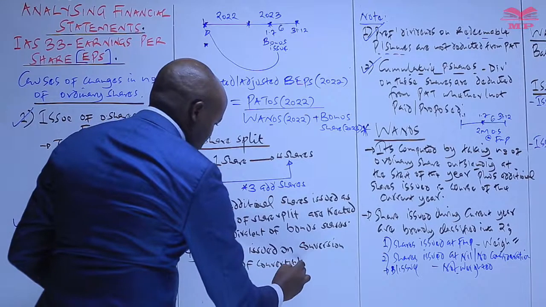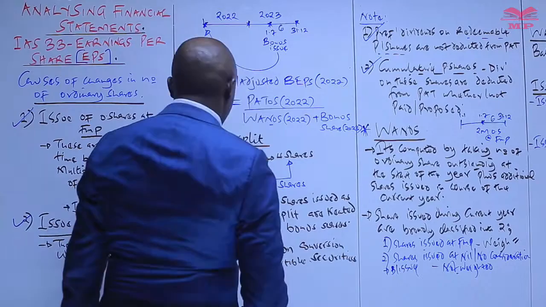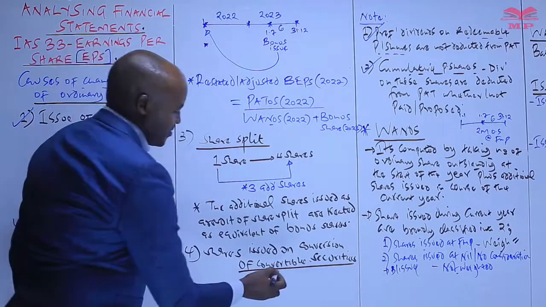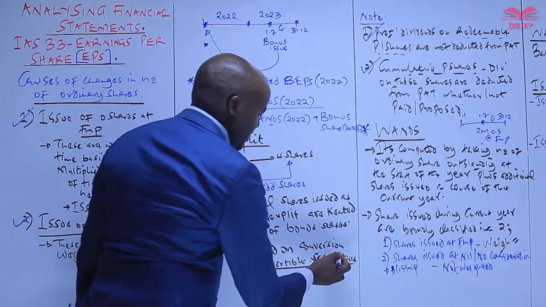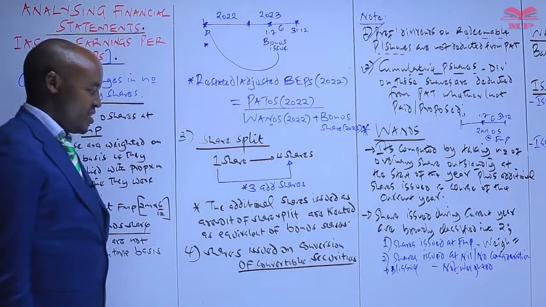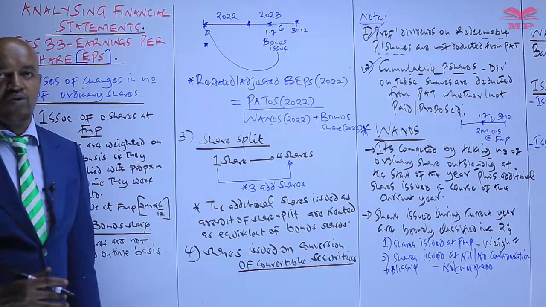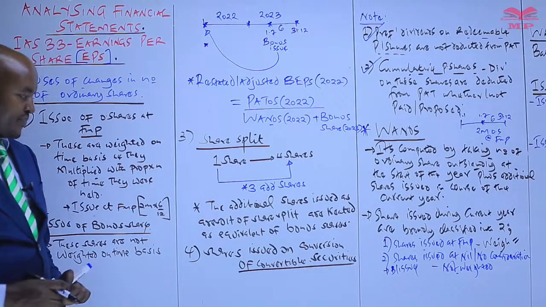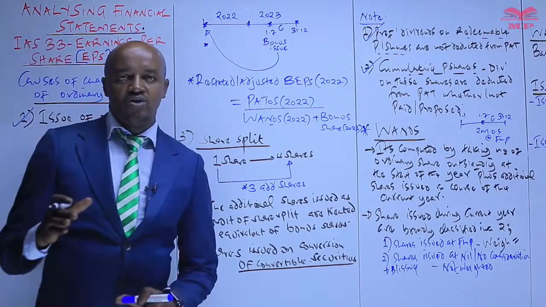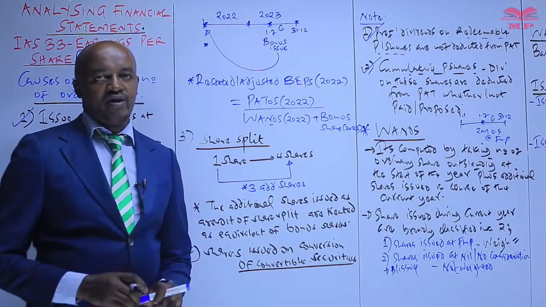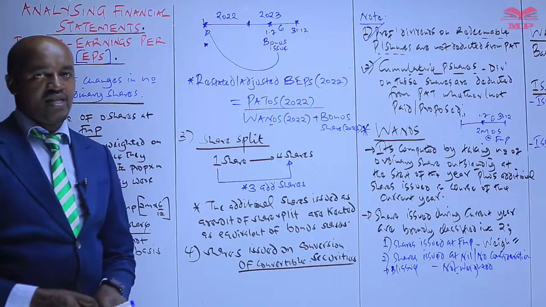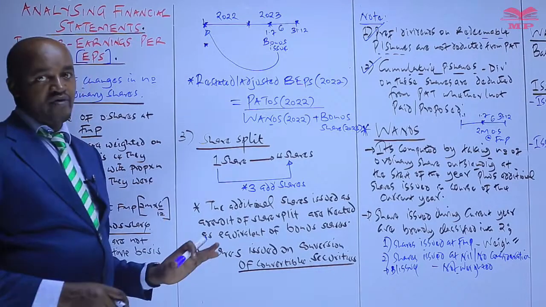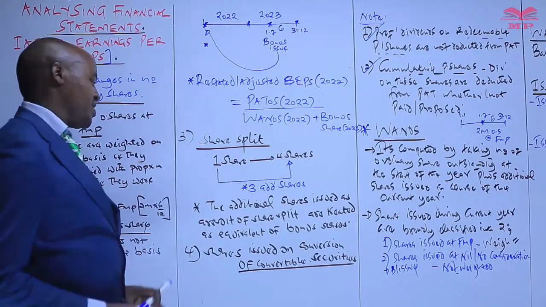Conversion of convertible securities. When we talk about convertible securities, these are securities issued by the company, like debentures and bonds, which are convertible, meaning that they can be converted into ordinary shares of the company. Once the company has issued ordinary shares as a result of the holder of such securities converting them into ordinary shares, then the ordinary shares issued are treated as an equivalent of the shares issued at full